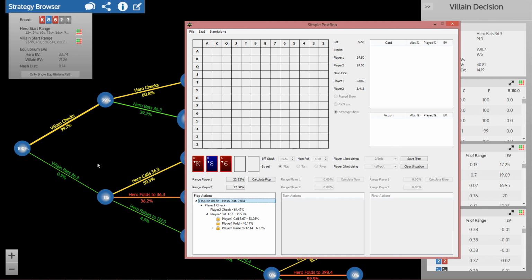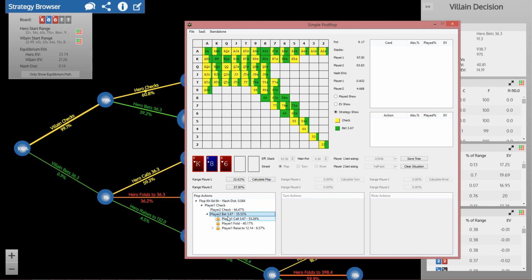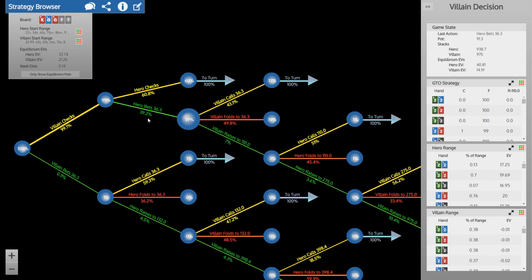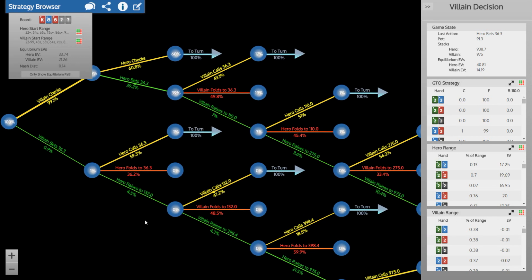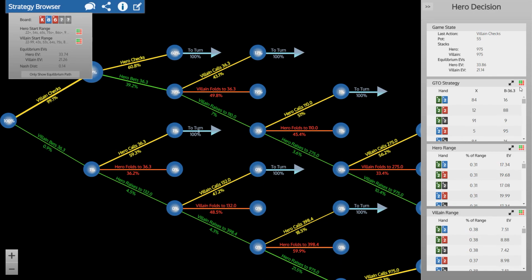Whereas here what we see is that instead of c-betting 39.2%, we're c-betting 35.5%. So it's a little less, which makes sense because they're folding a little less. So we want to bluff a little less. And if we actually pull up the range of c-betting and compare them,